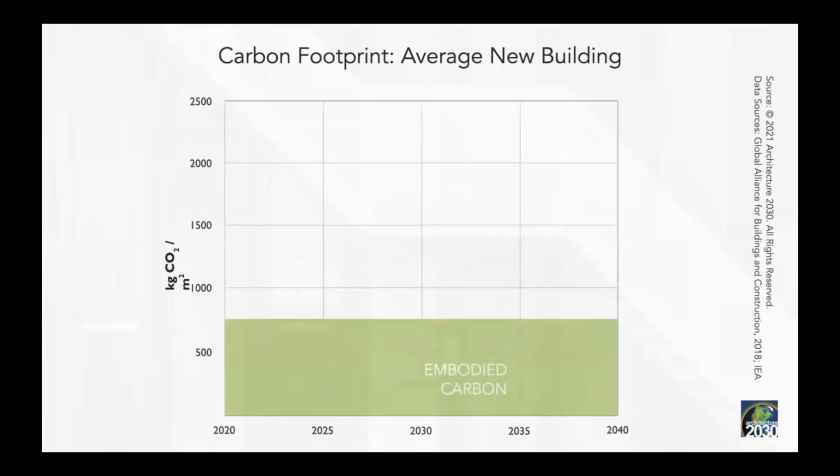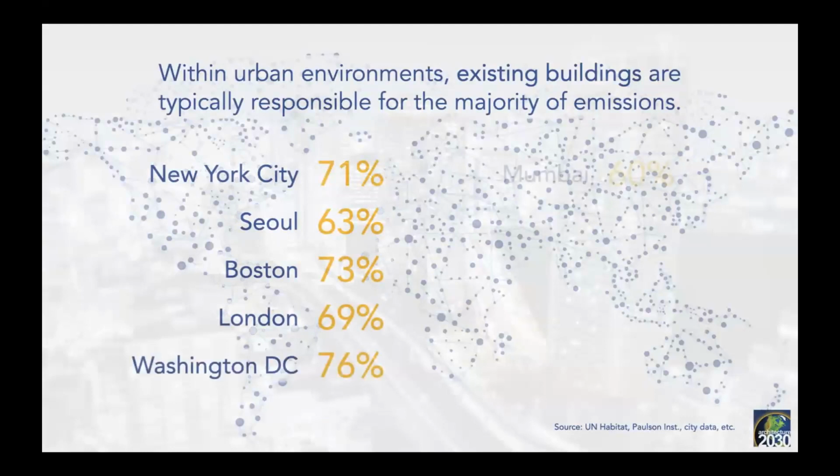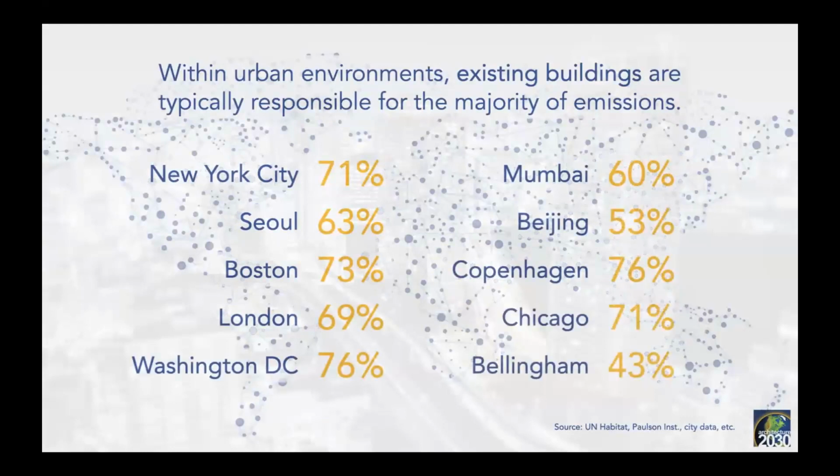It's true because building a new building releases a lot of carbon. The embodied carbon is the first thing that gets released in a project. And for new buildings over the next 20 years, about 60% of its total emissions will be the embodied emissions from building it. But that's just for new buildings. Operating existing buildings is still responsible for the majority of emissions from the built environment. And these are major cities, well, except for Bellingham, major cities around the world. And how much of that energy emissions from those cities just comes from operating buildings.